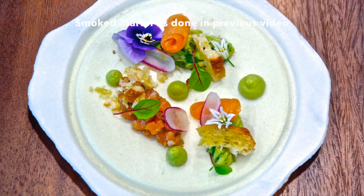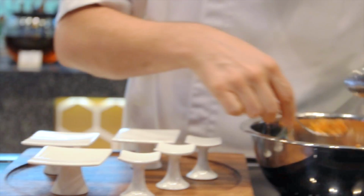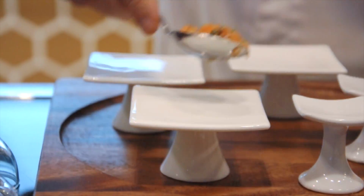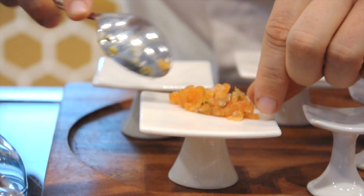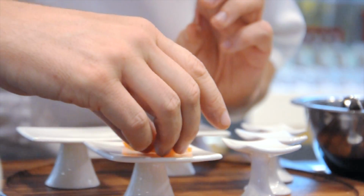Now, I'm going to use the same ingredients, but how we can make this small plates, big flavours, and some really cool presentations. Same technique as we did before. We're going to make a little quenelle of salmon. So, here's our little quenelle. Okay, our salmon. We've got smaller versions of our little rolls. Okay, we're going to add